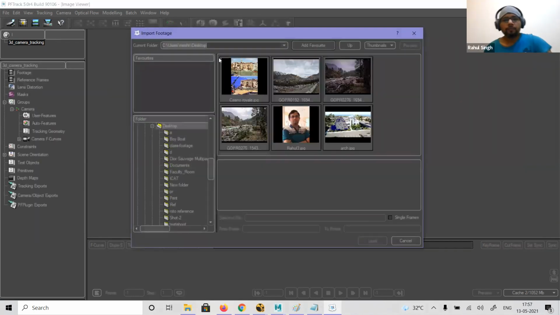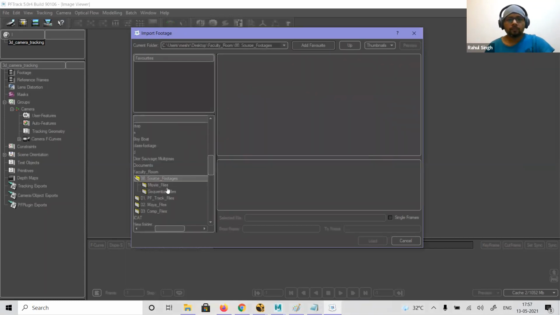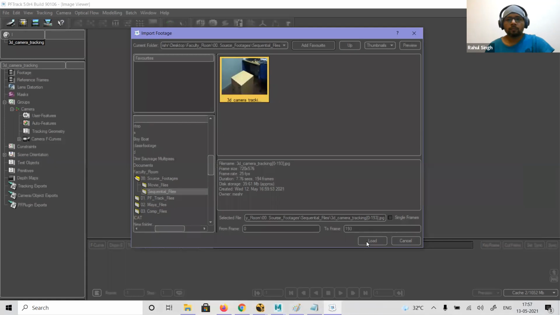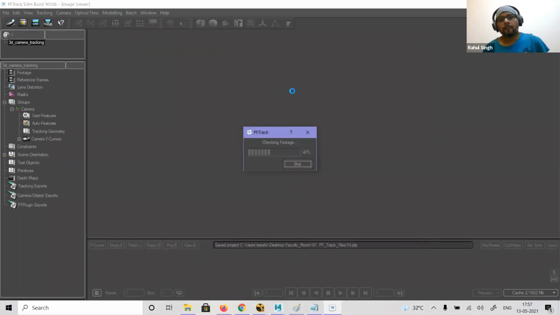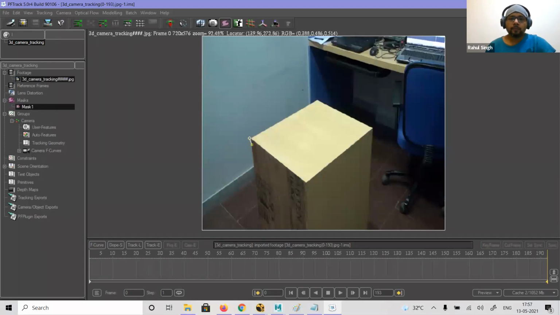Now suppose there are more options, right? When we do auto tracking, sometimes I don't want any auto track feature to be on this table, right? So what I'll do is make a shape.